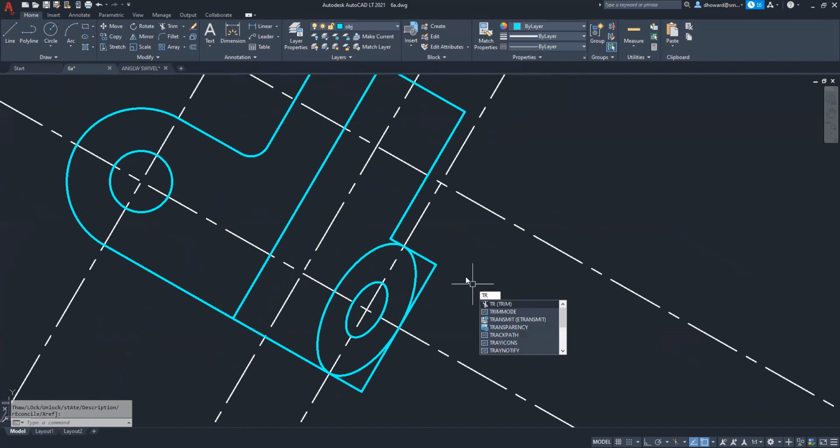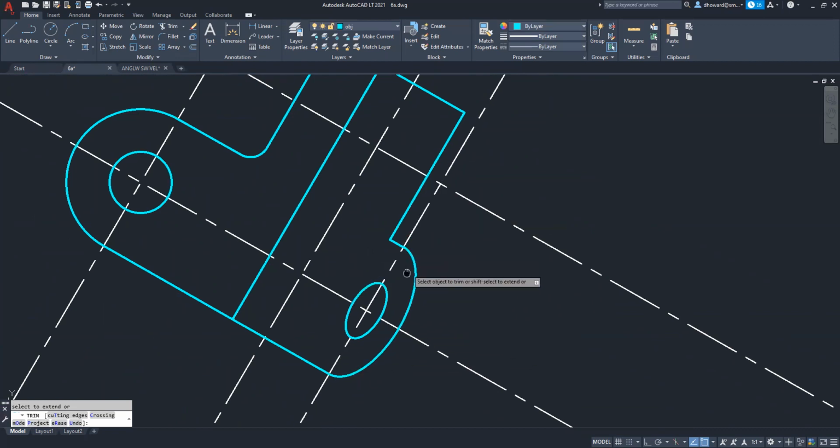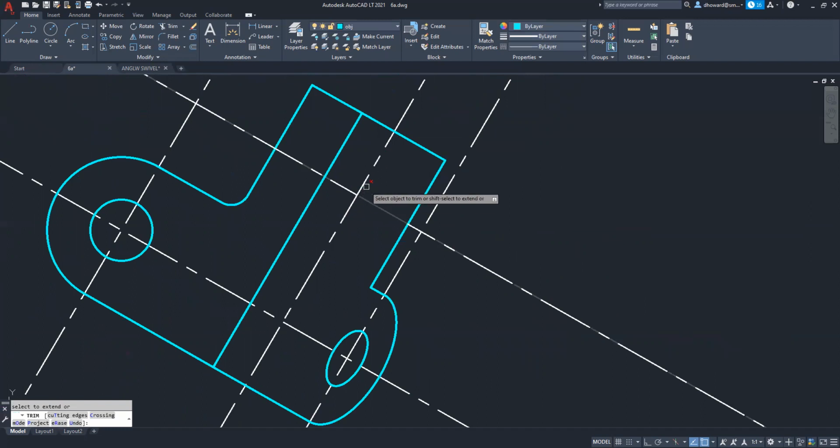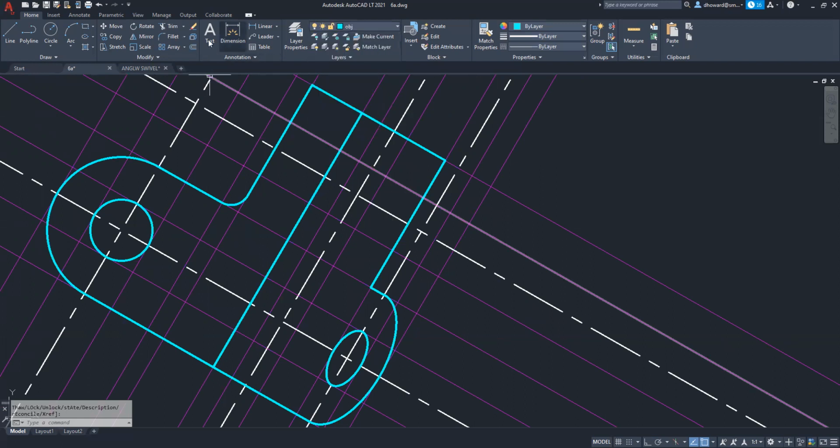TR, enter, get rid of this stuff. There it is. So the one side is done. We need to do this other side here, and then we need to do the joining ellipse. So let's turn those construction lines back on. Let's do the one over here. It's the exact same process. Go to our ellipse, we'll do the hole first, click on the center, go to its edges, and then again,